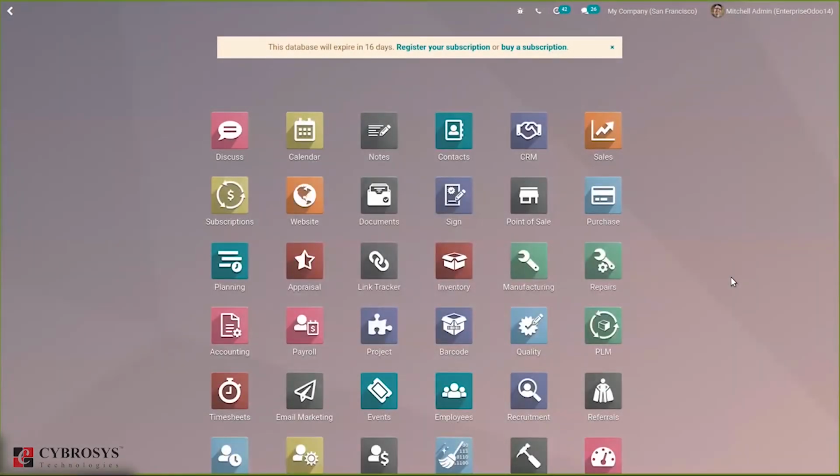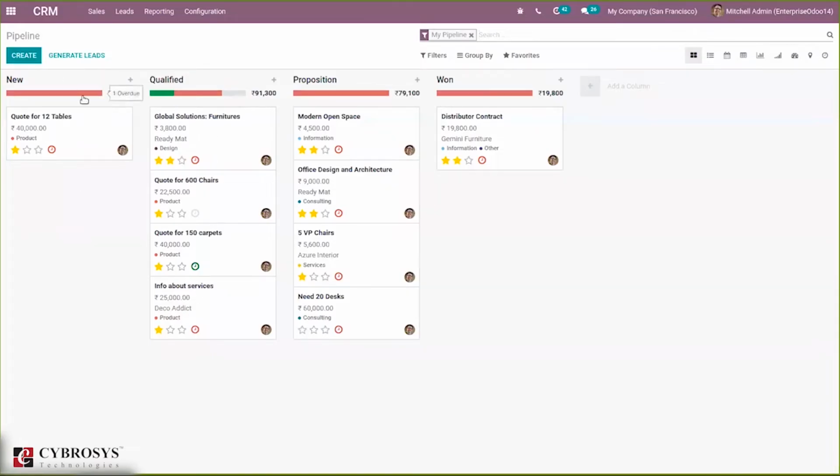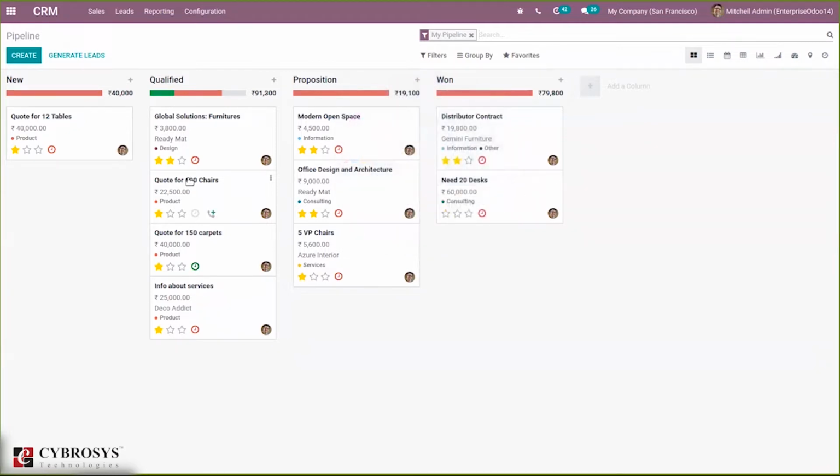Hello everyone. Today let's see how we can manage lost opportunities or create lost reasons in Odoo 14 CRM. When you open the CRM module, you can see the pipeline which contains all the opportunities, placed in different stages. When you win an opportunity, you can move it to the won stage. If you create a new opportunity from here, it will be in the new stage, and it can be moved to different stages from here.